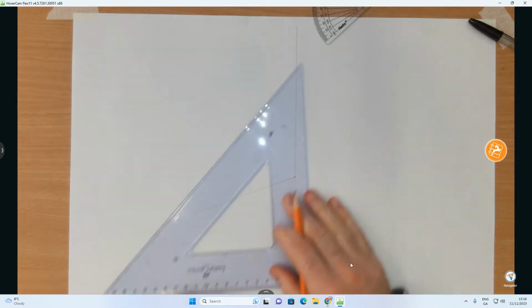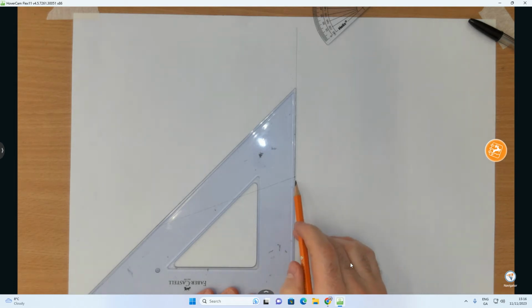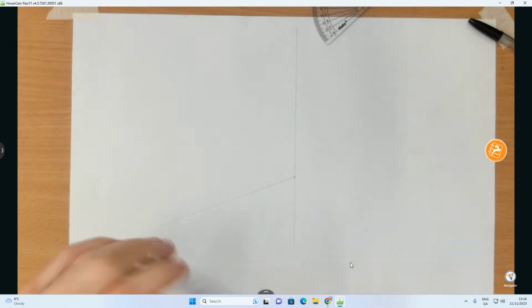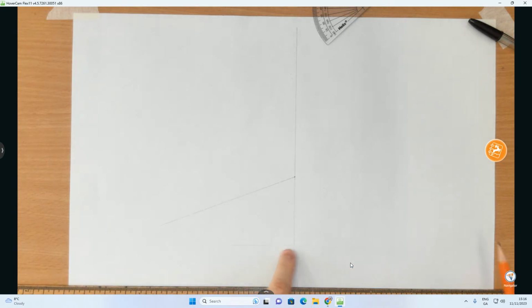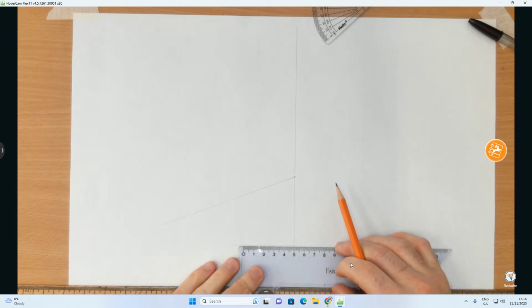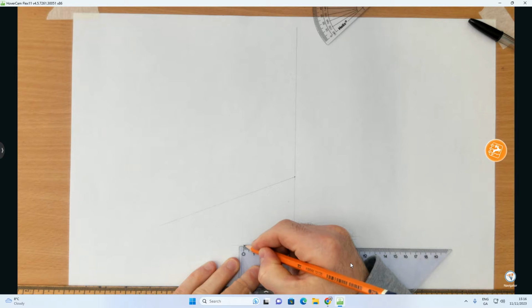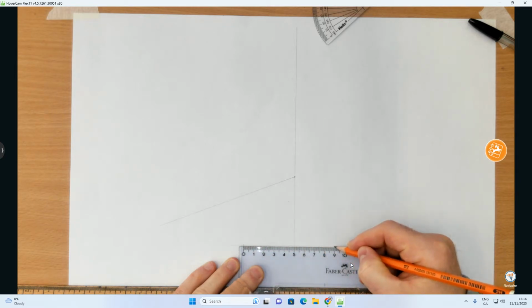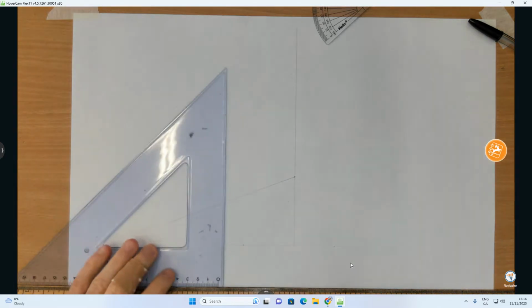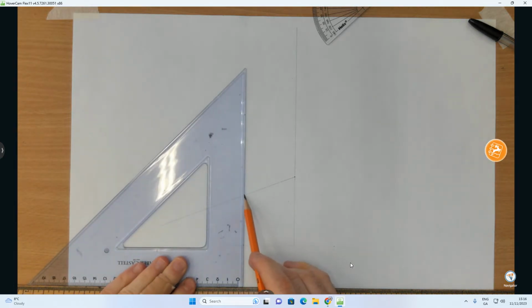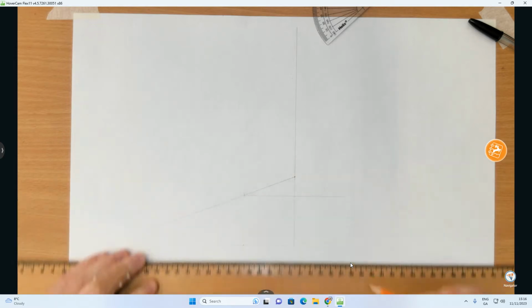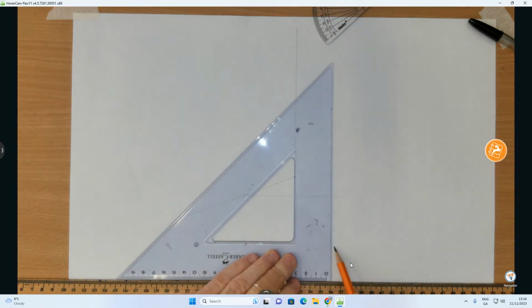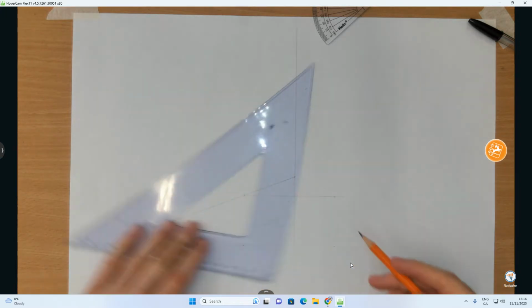From the origin O, I'm going to do a line down. On that line down, I'm going to do a very light line across. You barely see it on the screen, but from the middle here, I'm going to measure 50 to the left, and 40 millimeters to the right. Once I've measured the 50 to the left, I can mark it, and from there I can draw in the baseline of my scalene triangle. Where the 40 millimeter mark was, once again I can mark that there, and on that line now